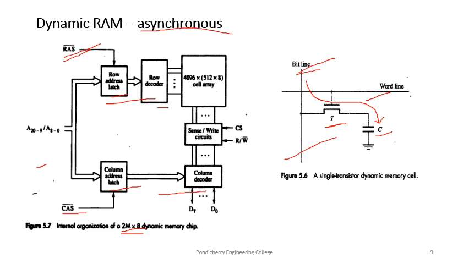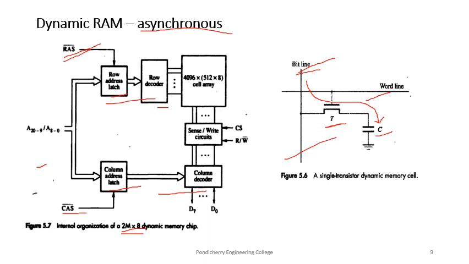The information in this latch is decoded, and the appropriate group of 8 sense or write circuits is selected. If the read-write control signal indicates a read operation, that is, when the read-write control value is equal to 1, the output values of the selected circuits are transferred to the data lines D7 to D0. For a write operation, the information on the data bus D7 to D0 is transferred to the selected circuits. This information is then used to overwrite the contents of the selected cells in the corresponding 8 columns.